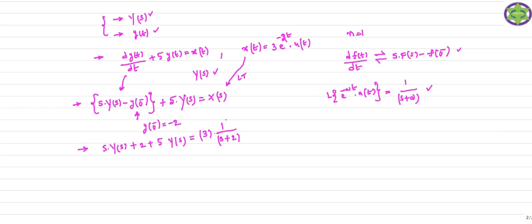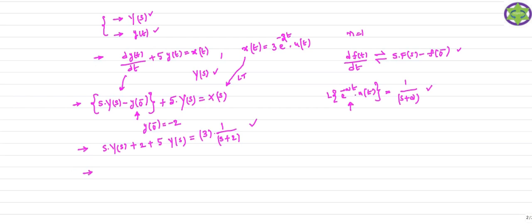So this is your X of s. Your X of s is nothing but the Laplace transform of the input signal, which gives the signal in the s domain. For that you need command over the properties. Already you did the Laplace transform of e power minus a t into u of t, which is 1 by s plus a. I just substitute X of s like this, 3 into 1 by s plus 2.